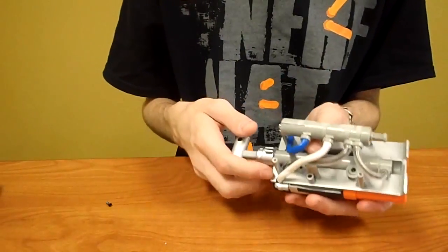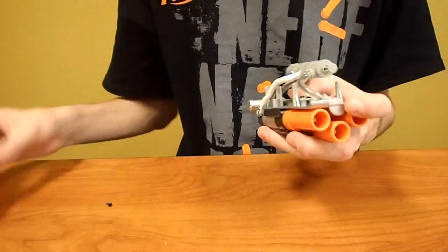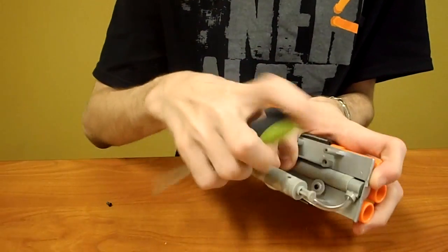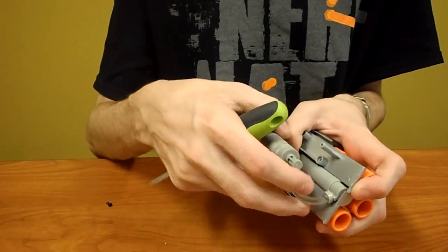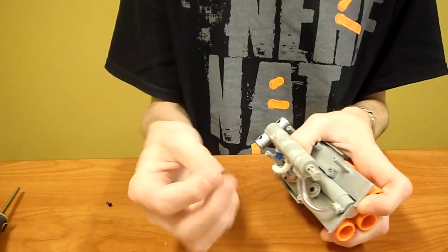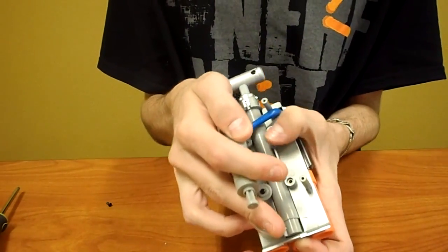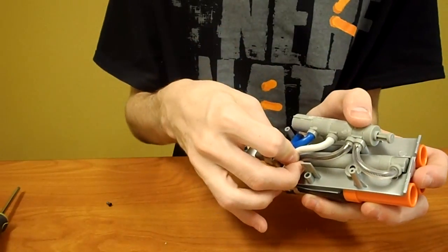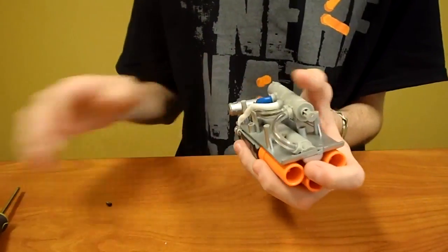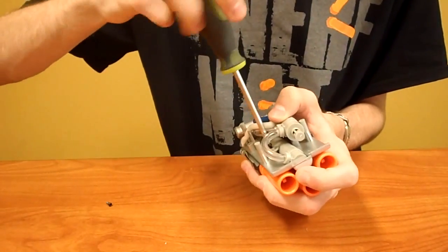This is the plunger system. The plunger is held in like so, and it's held in by this one screw in here that holds this plastic disc on, which keeps it seated inside the blaster. There are also 3 other smaller screws that are this size that fit here, here, and then one underneath the main top barrel's tube right there. Once you remove all of those, including the one that holds the plunger in,